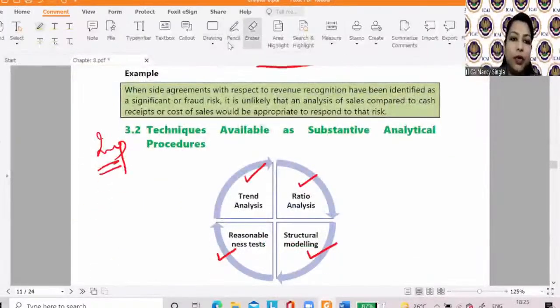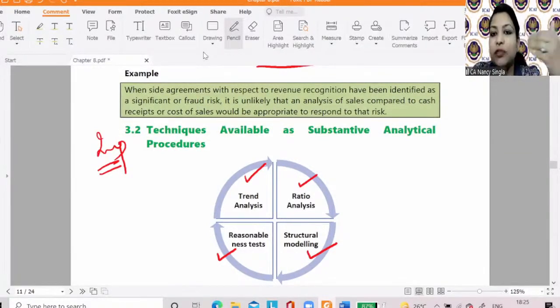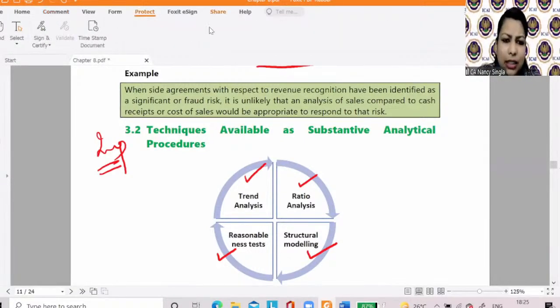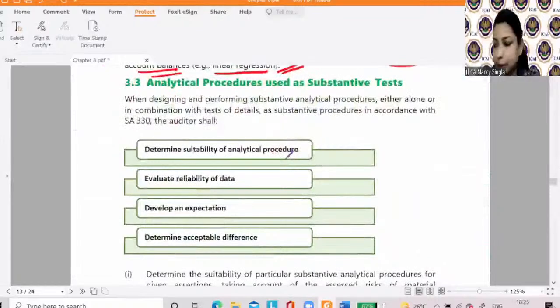See, descriptive type question can always come on these techniques. ठीक है. Or you may get a question as to the auditor is doing this. Which of the following techniques is auditor following. ठीक है. So MCQ के लिए, true false के लिए और descriptive के लिए, this is a very important topic. Now students, quickly tell me, is it clear to all of you? ठीक है. So tell me, is there any doubt so that I can start with the next topic,